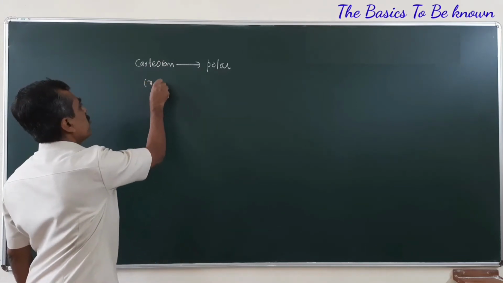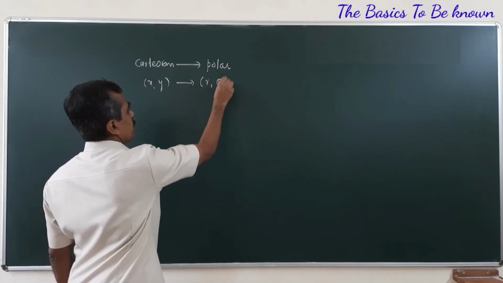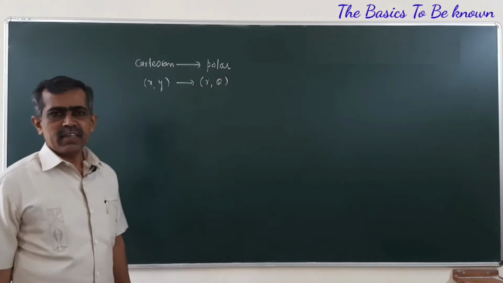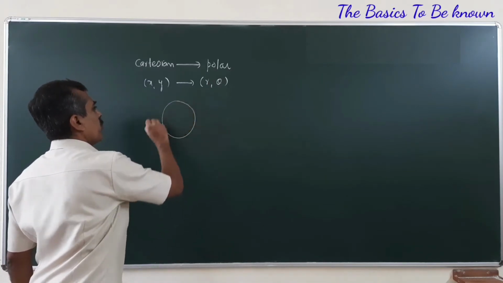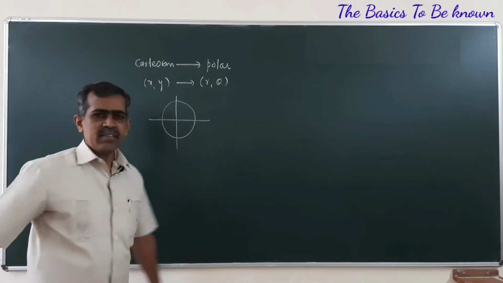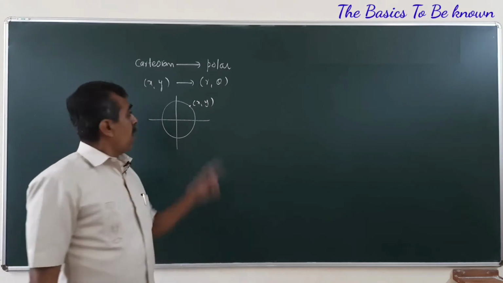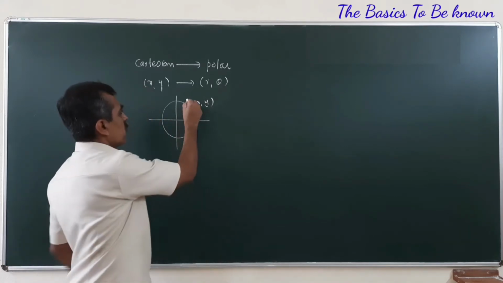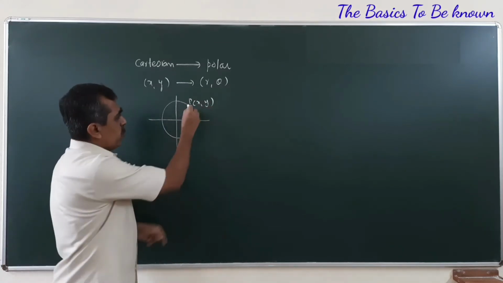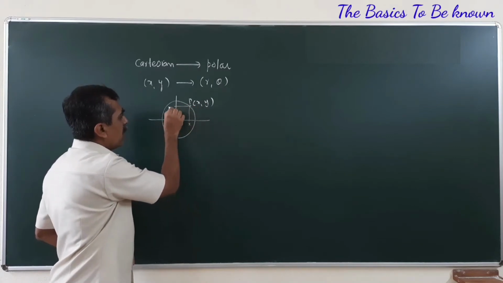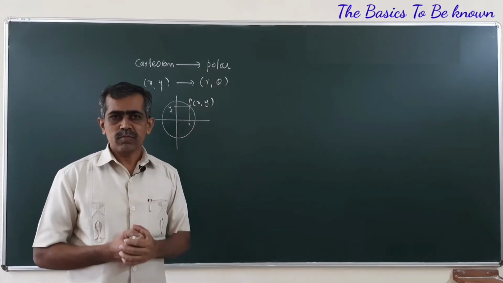If your Cartesian coordinates are x, y, then we change this to r, theta. r is the radius and theta is the angle. So if your domain of integration is such a circle, and I consider any point, suppose this is point P, the position of point P can be determined by knowing its Cartesian coordinates x and y, or the same point can be identified using polar coordinates r, theta.